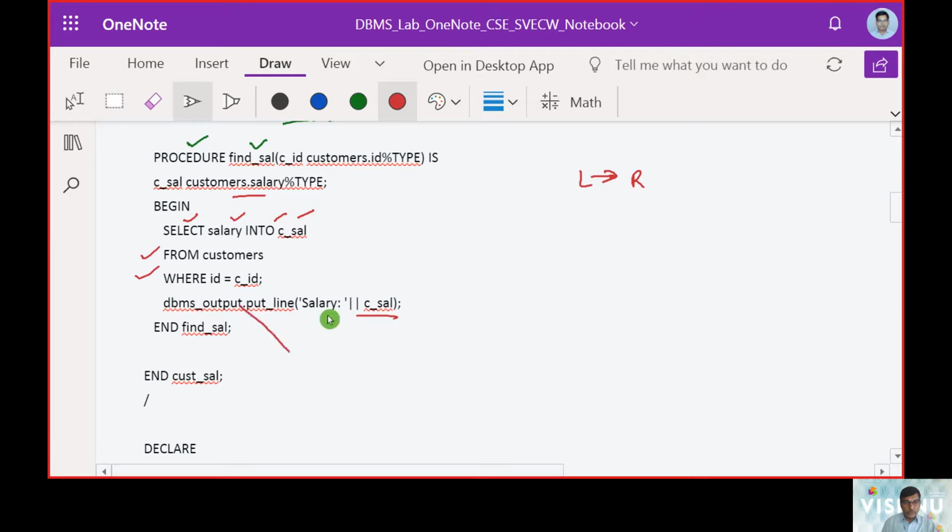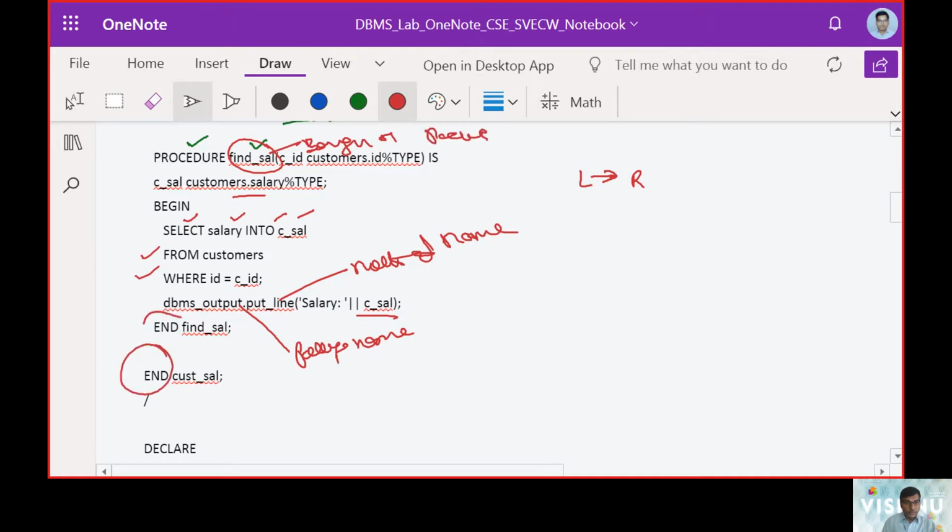DBMS underscore output we call again a package name, then we call put line, which is the method name. And this way we can get it. So now we have started find sal. This is the begin of the package. And as we begin, now we call the end: the last end is the end of the package, and the previous end is the end of the procedure.